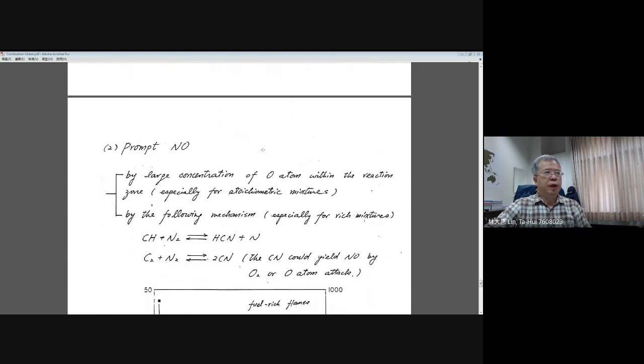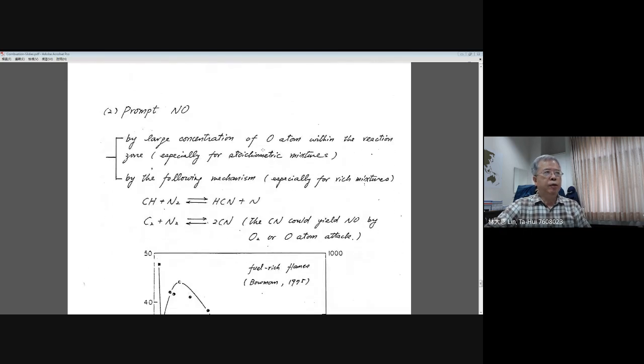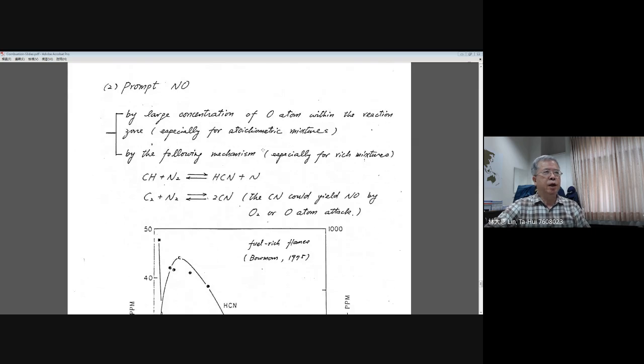Now we go to the next category for the NO formation. We call this prompt NO. There are two criteria for understanding the formation of prompt NO. You need to understand they need to have a large concentration of oxygen atoms within the reaction zone, especially for the stoichiometric mixtures. As you remember,